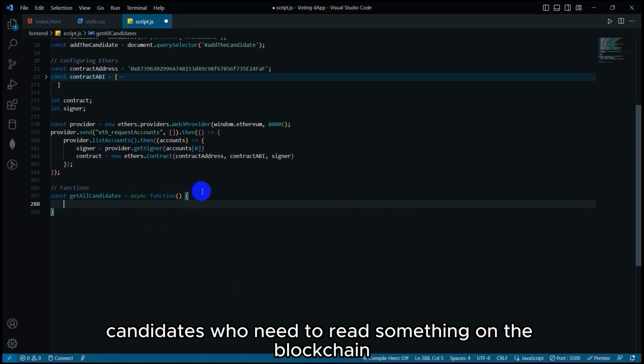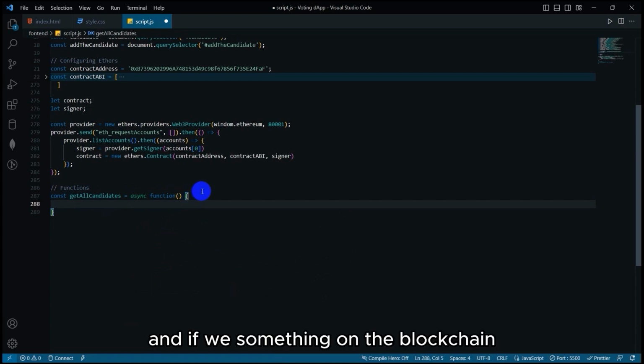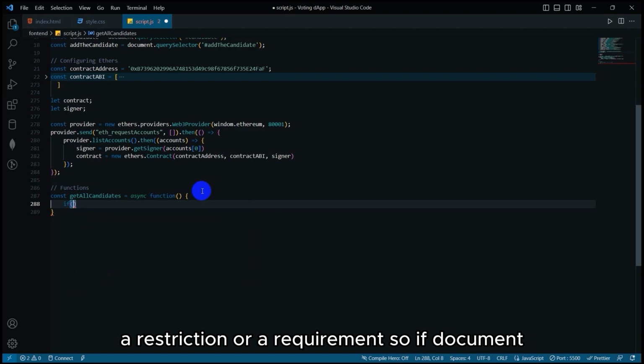because if we get all the candidates, we need to read something on the blockchain, and if we read something on the blockchain, it takes time for the transaction, so we need to wait for it before we load anything. Okay, so first, I'm gonna add a restriction or a requirement. So if document